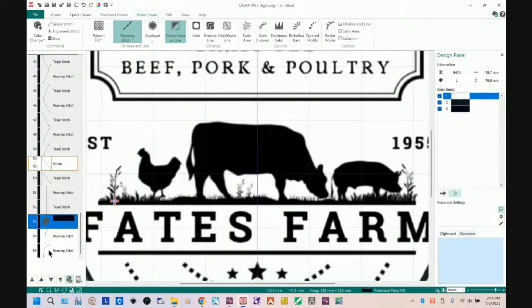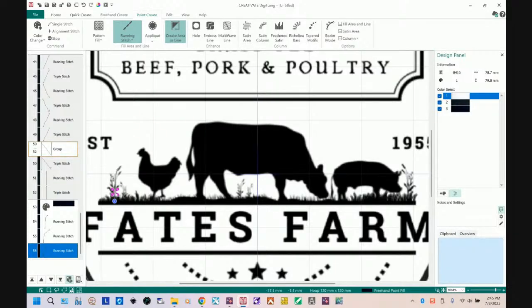So now I'm going to come back, make sure I'm on that last frame in the film strip. My tool is still on for create area of line. I want to connect this again, so I'm going to cursor over until I see the slash, hold my shift key and click. So now my pieces are joined. Come back down here a little ways, shift and click for a square point, right click to finish it, cursor over, and